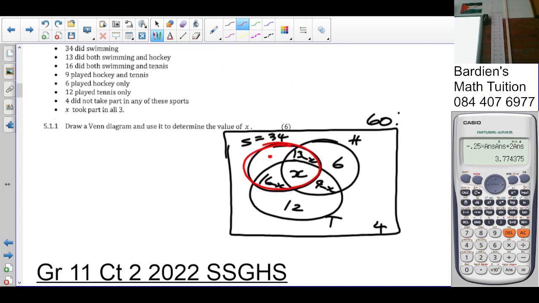So I can say 34 plus 6 plus 9 minus X plus 12 plus 4 adds up to 60. You all agree with that? So let's go with that quickly. So many of you messed this question up, no? So it's going to be 34 plus 6 plus